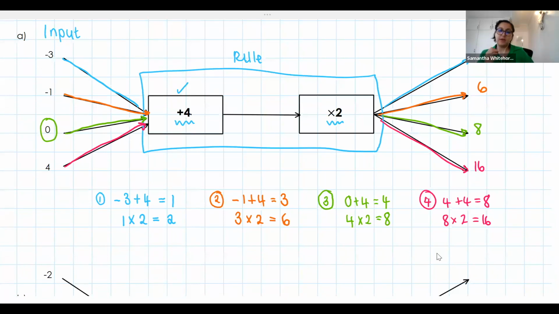So what we need to bear in mind is that a flow diagram allows us to apply a rule to our input values, or the numbers that we're starting with, to get some sort of answer. Now, when we start to talk more and more about specifics and number patterns,